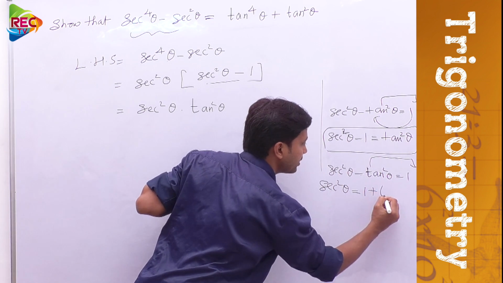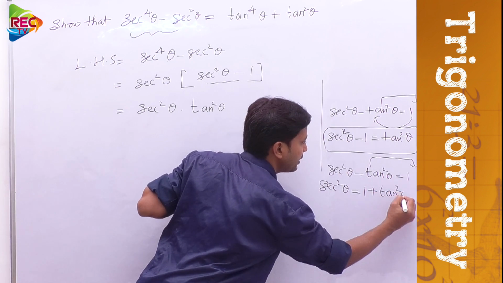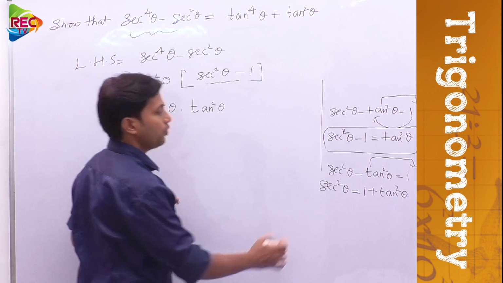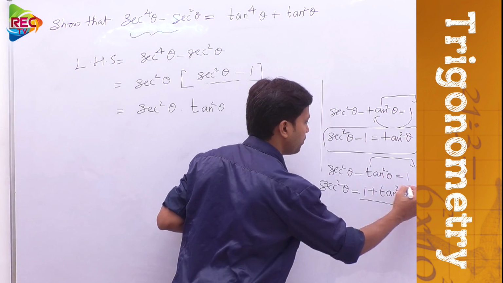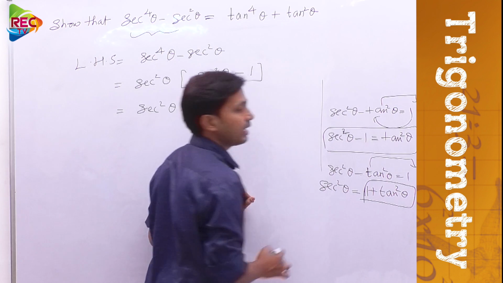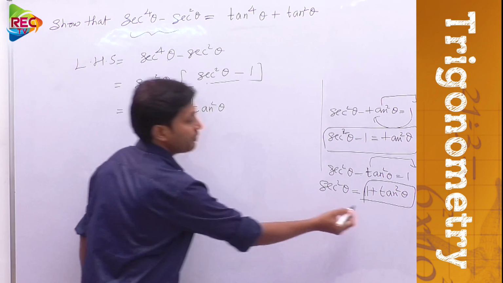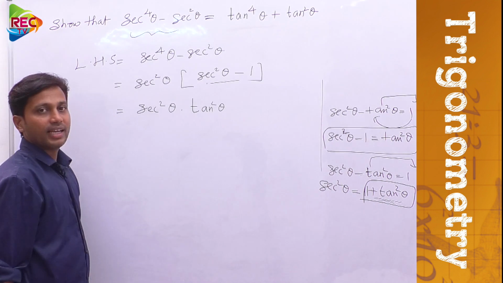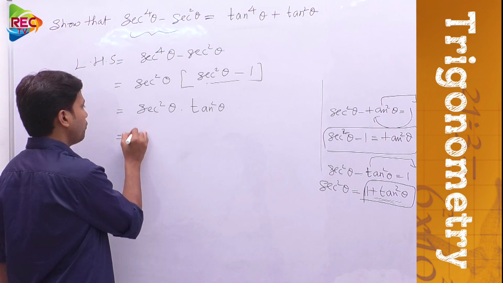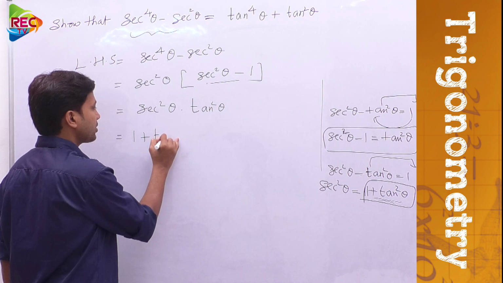So therefore secant square theta equal to what? 1 plus tan square theta. Can we replace secant square theta with 1 plus tan square theta or not? Exactly, replace that. So 1 plus tan square theta